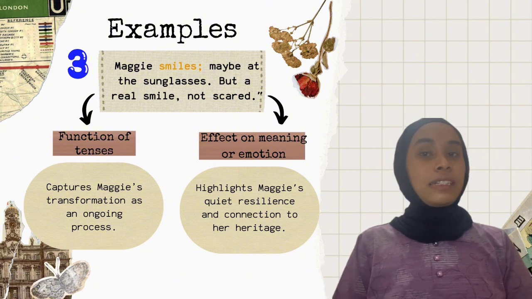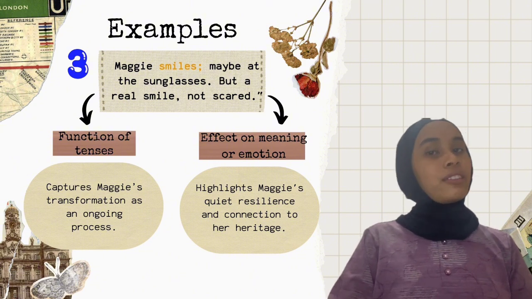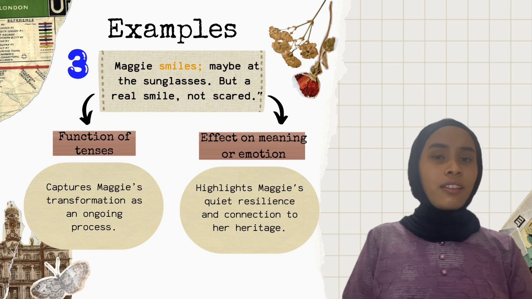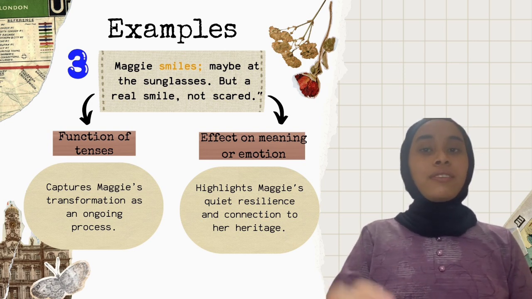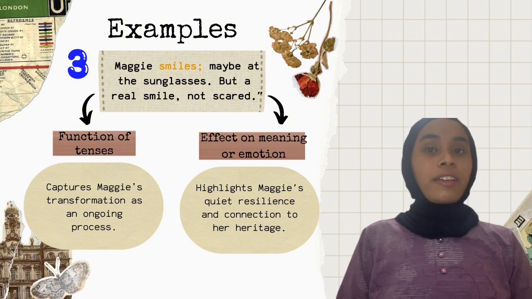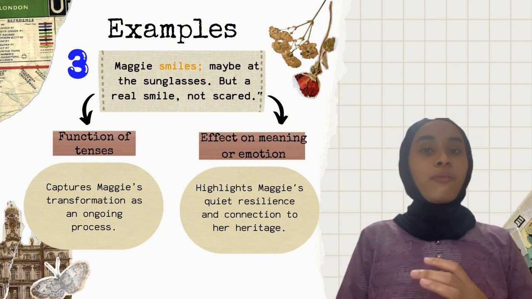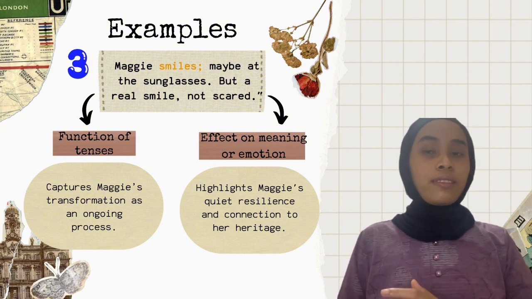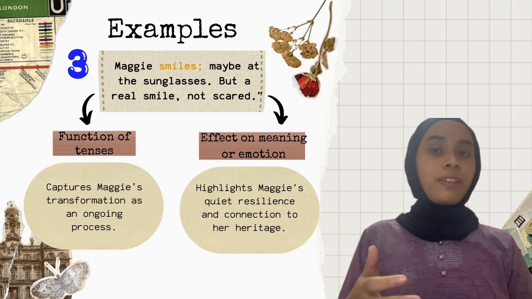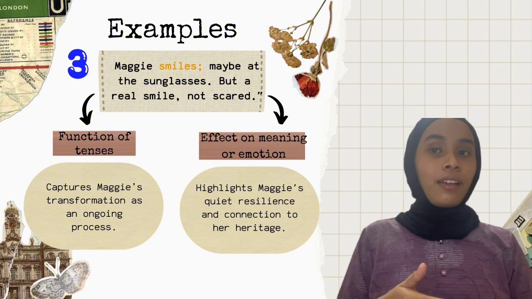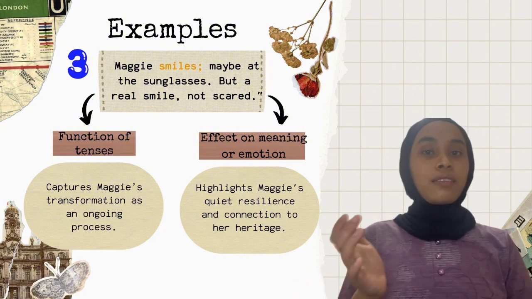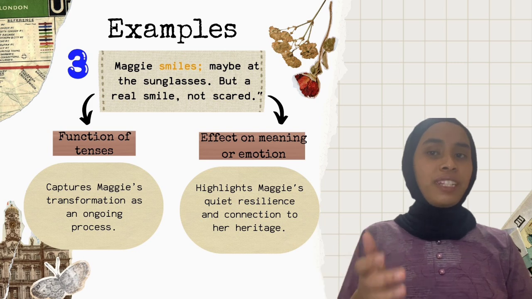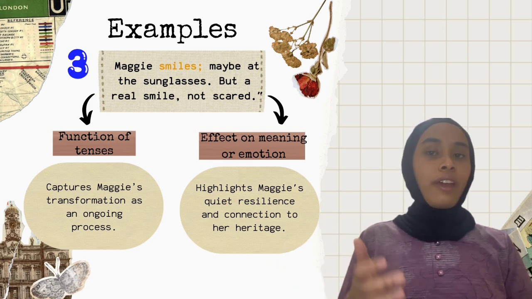Finally, the third example that goes, "Maggie smiles, maybe at the sunglasses, but a real smile, not scared." The present simple tense "smiles" captures Maggie's transformation as an ongoing process. It allows the reader to experience her growth and newfound confidence in real time. This use of the present simple tense highlights Maggie's resilience and contrasts to Dee, enriching the emotional depth of her